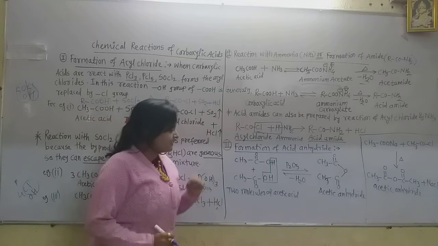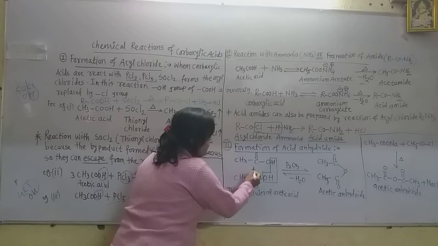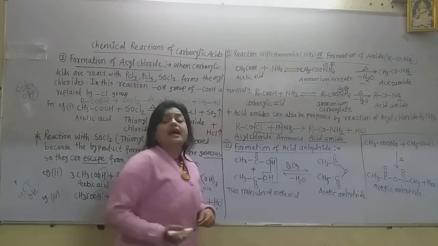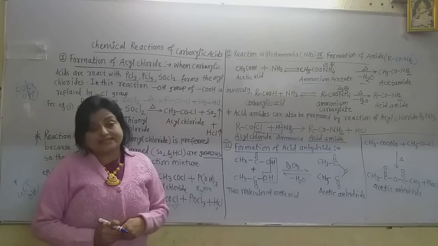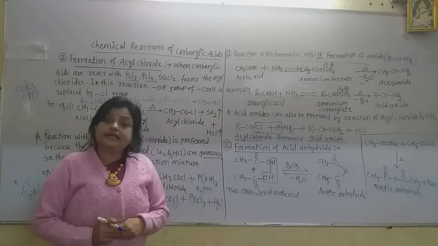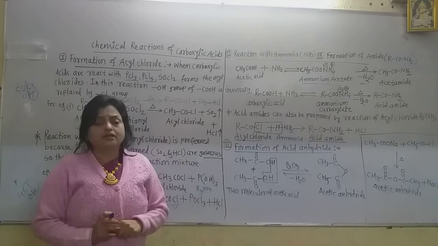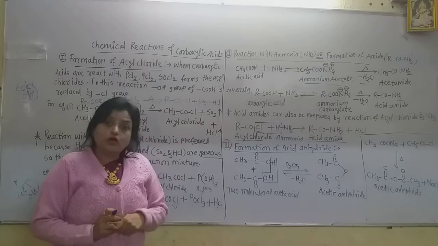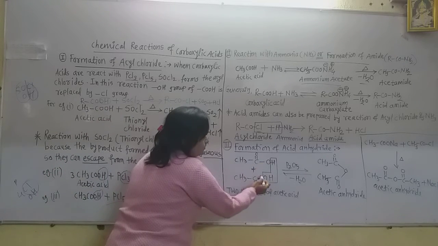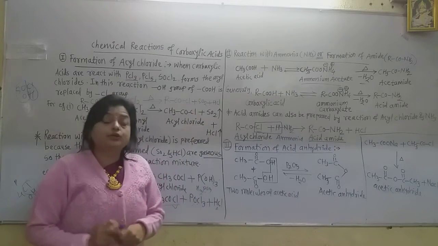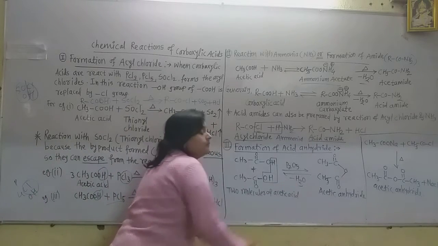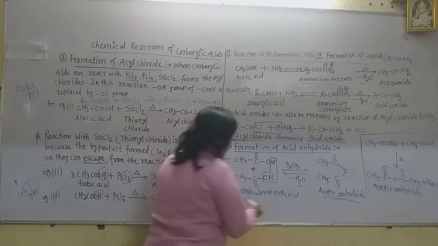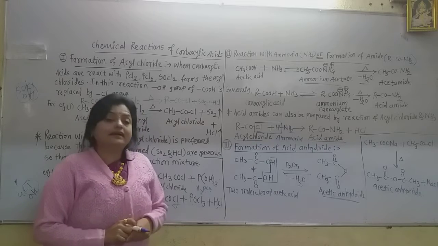These are the 2 acid molecules, and when they react with each other in the presence of a dehydrating agent, we can use phosphorus pentoxide, because phosphorus pentoxide is a very good dehydrating agent. It absorbs the water molecule from the 2 acid molecules. In this way, one hydrogen and one OH of the other acid molecule get removed, and there is the removal of a water molecule, and this is the anhydride. As it is acetic acid, acetic anhydride is formed.